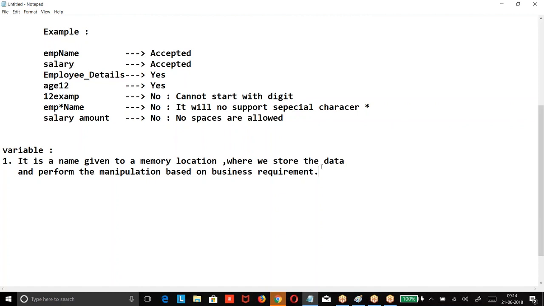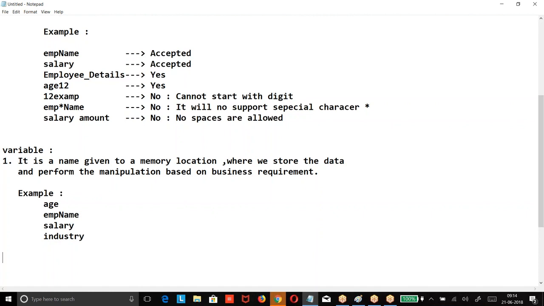Okay. Now, we have some issue here. Right, what is the drawback of this variable?